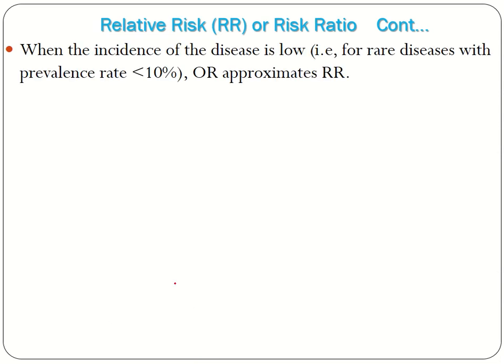ሪሌቲቭ ሪስክ እና ኦድስ ሬሾ ቫሊዩዋቸው በጣም የሚመሳሰሉበት ጊዜ ይኖራል, that is when the incidence of a disease is very low. Incidence ማለት number of new cases divided by the total at risk population ማለት ነው። እና ያ ሊሆን የሚችለው ከላይ ያለው ኒውሜሬተራችን ከላይ ያለው ቁጥር በጣም ሲያንስ ነው ከስር ካለው ቁጥር አንፃር። እዚህ ጋር ደግሞ ነምበር ኦፍ ኒው ኬዝስ ነው።